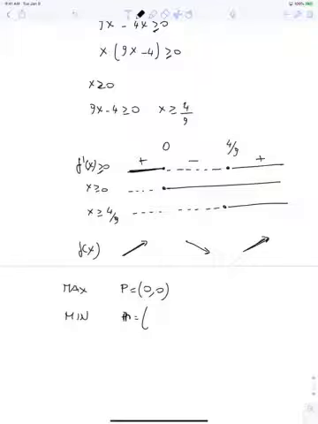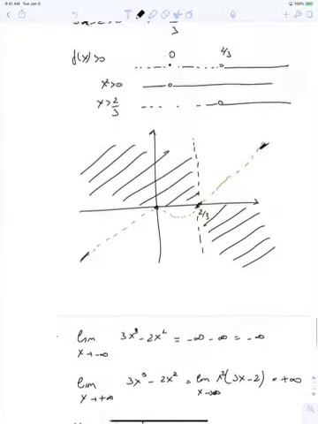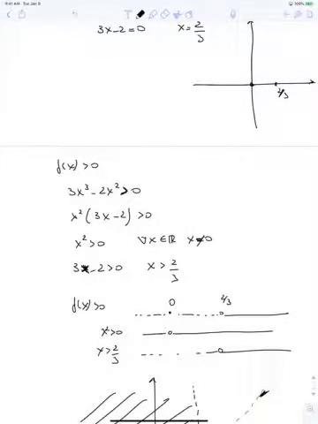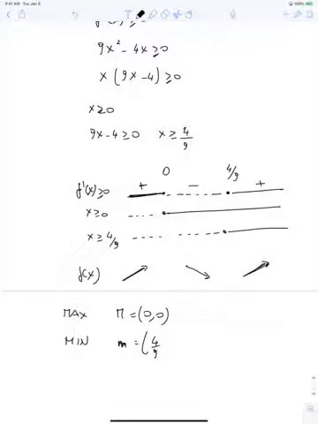well, let's call it with a different notation. I'm going to call it capital M, uppercase M, and lowercase m. So this is going to be 4 divided by 9. Well, you have to plug in 4 divided by 9 in the expression of the function. I computed this for you. It's minus 32 divided by 243. It's a number between minus 1 and 0. So it's minus 32 divided by 243. The value itself doesn't really matter, but